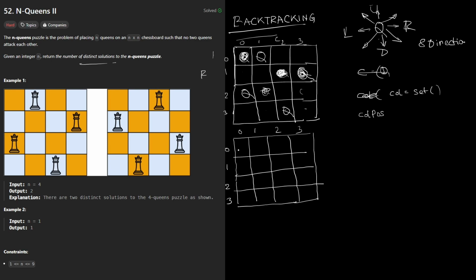So if I look into it, column positive would be row plus column, it would be 0 2 4 6,